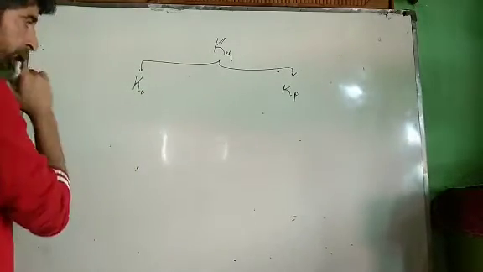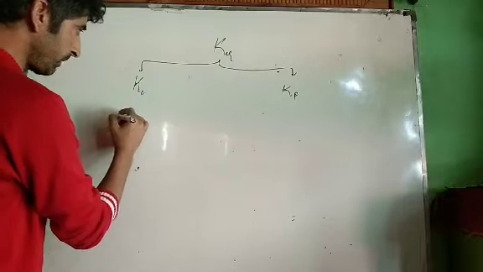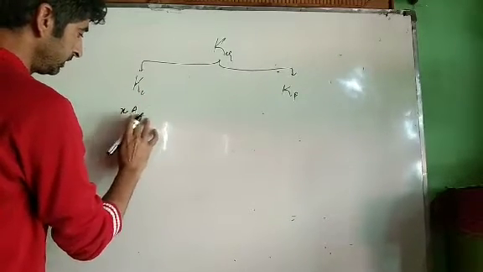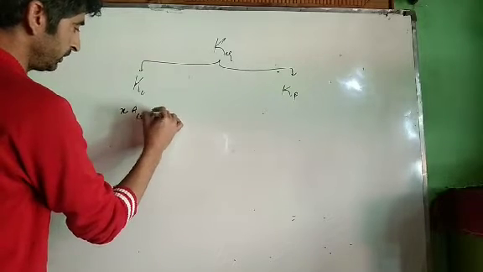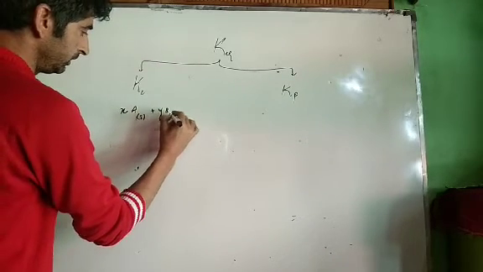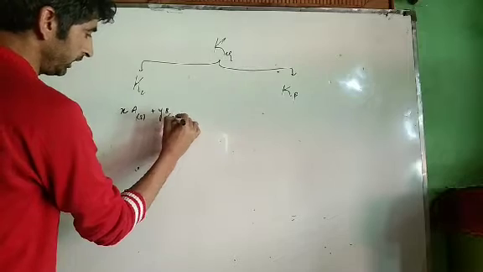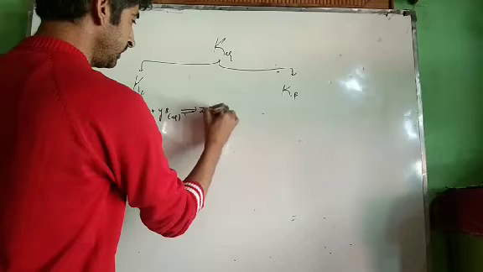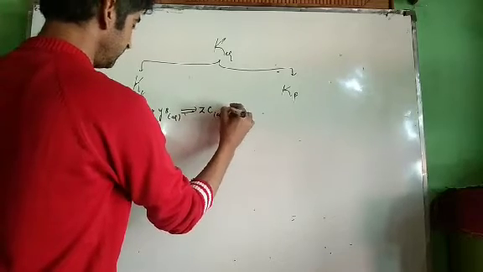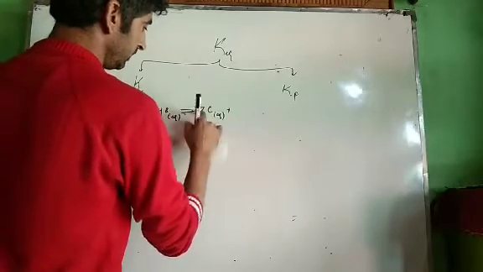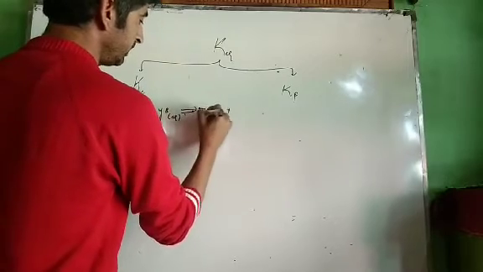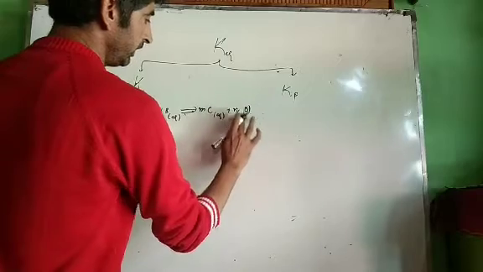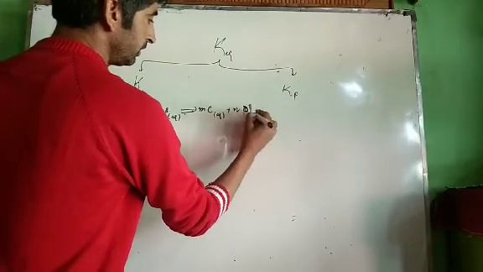Now see, for example, we have a reaction over here: X times A plus Y times B, aqueous, gives M times C plus N times D. Let us say these are also aqueous.